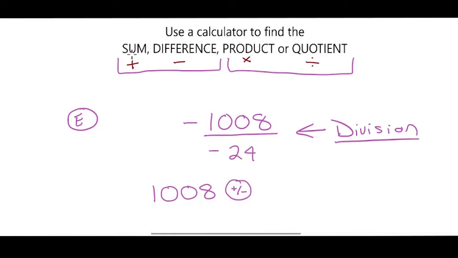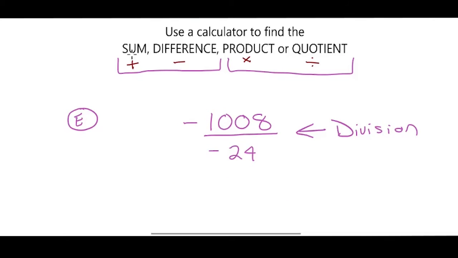And what that'll do is it'll make it negative 1008. Then hit divide, then punch in 24, and then hit this plus minus button again, and it'll make it a negative 24. Then hit equals,